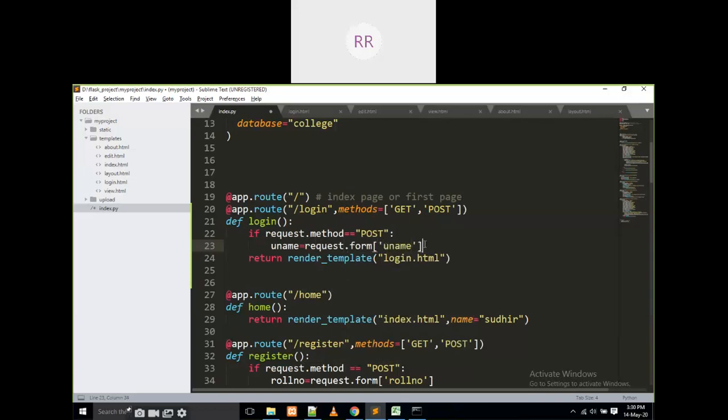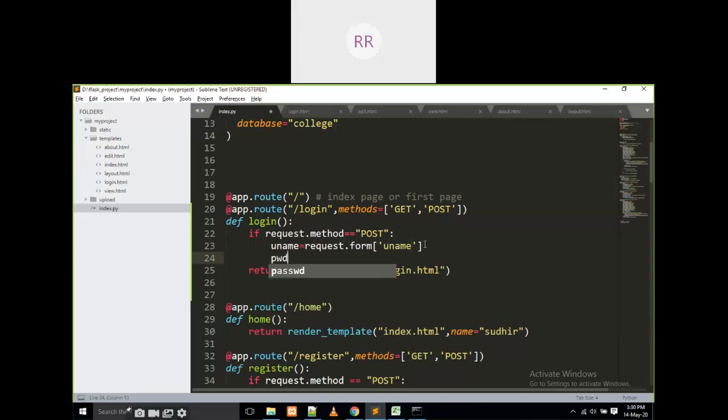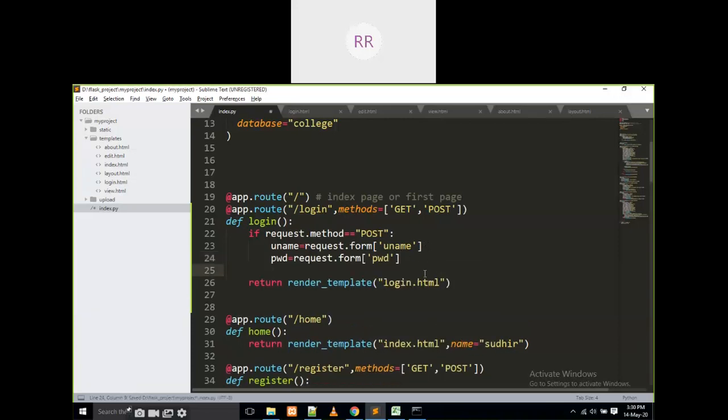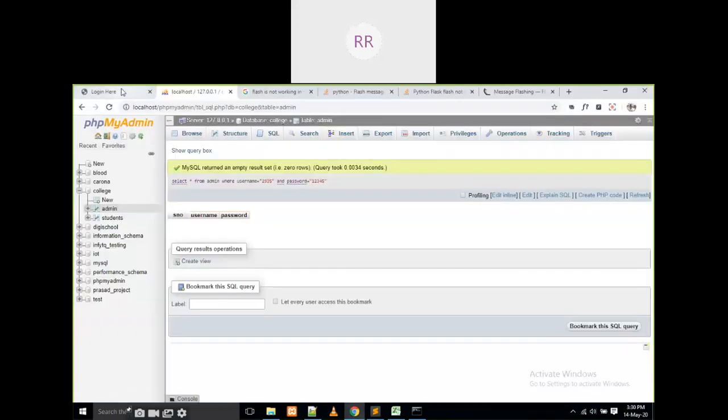Uname, I am going to get the data from uname, and pwd is equal to request dot form of pwd. Yes. Now I am going to check whether the values are coming perfectly or not. I am going to print here uname comma pwd. Only if they are working perfectly will I check, right? That's why I am working like this.